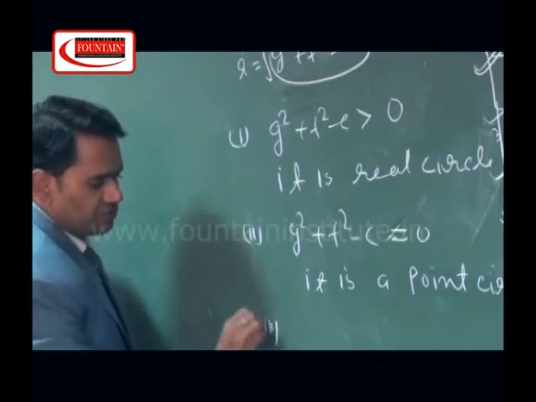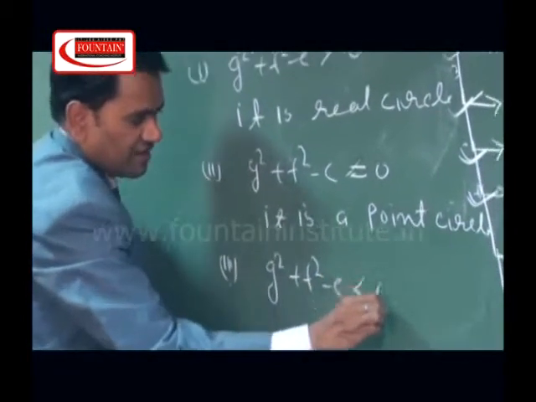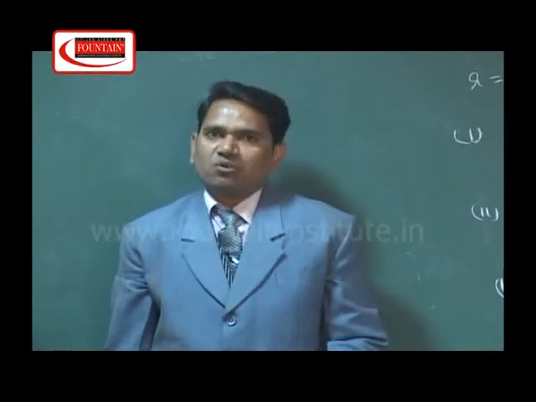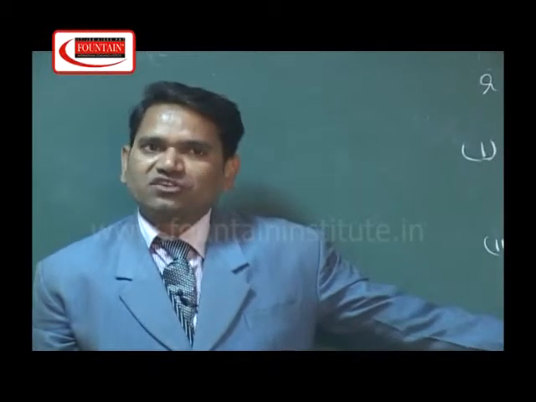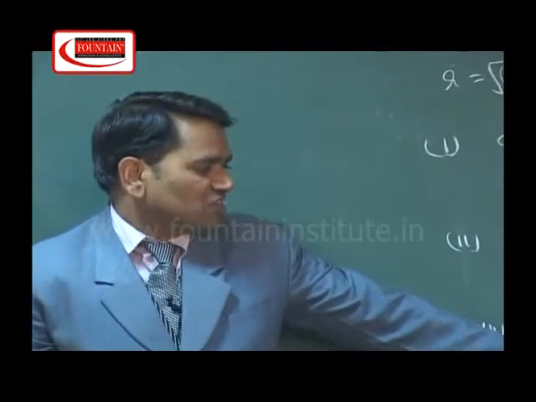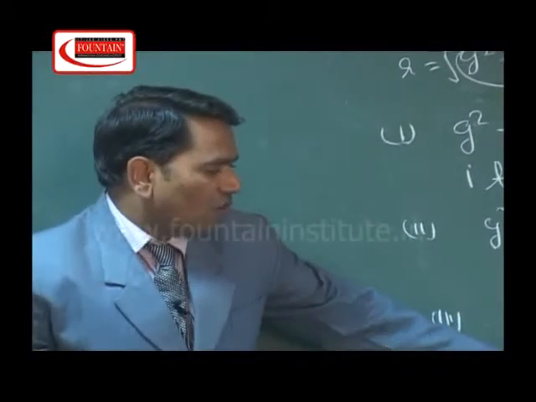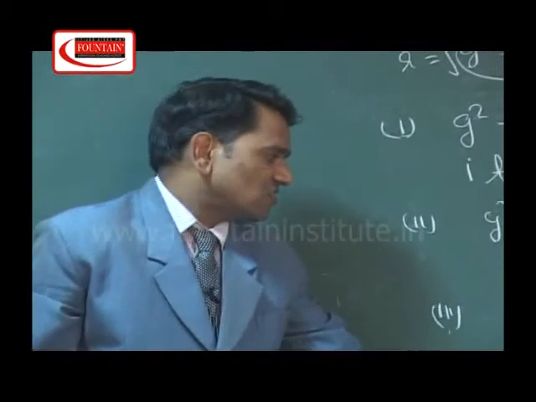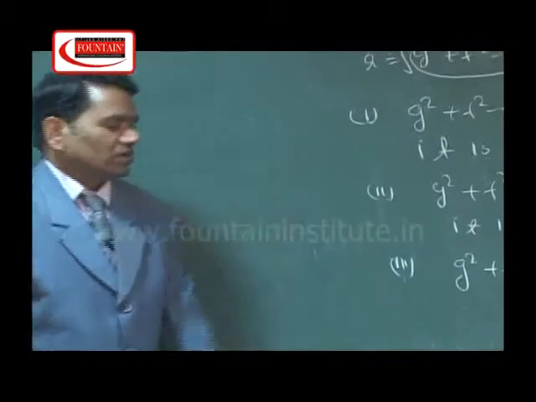And the third one is, if g square plus f square minus c is less than 0 guys. This is the very interesting case. In this case, we will discuss the nature of the circle lying on the Argand plane. This is the special case, and we will emphasize this. If radius is less than 0, that means this circle lies on the imaginary plane or is a case of an imaginary circle. So now we will discuss these things. If radius is less than 0, this circle is known as an imaginary circle.